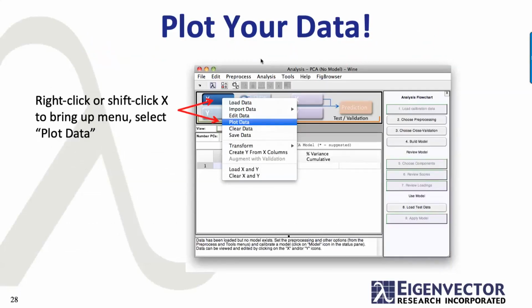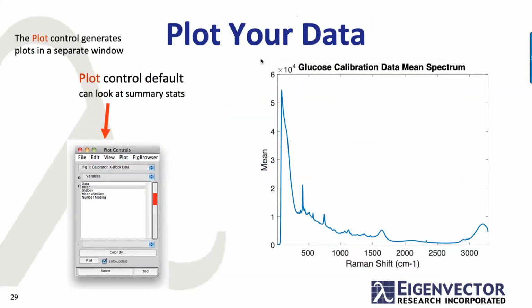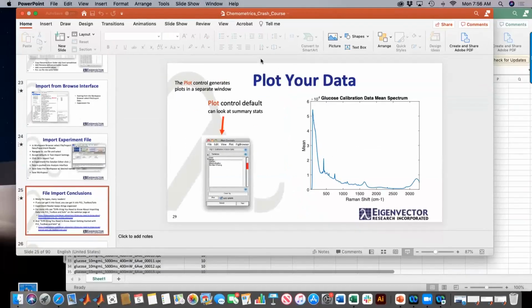So plot your data. We actually got to this point where we got our data into the analysis window. And all you have to do to plot it is just right click or shift click on the X block icon to bring up the plot data and work from there. And that'll bring up this plot controls window, and we're going to be using that a lot. So with that, I'm actually going to shift over and